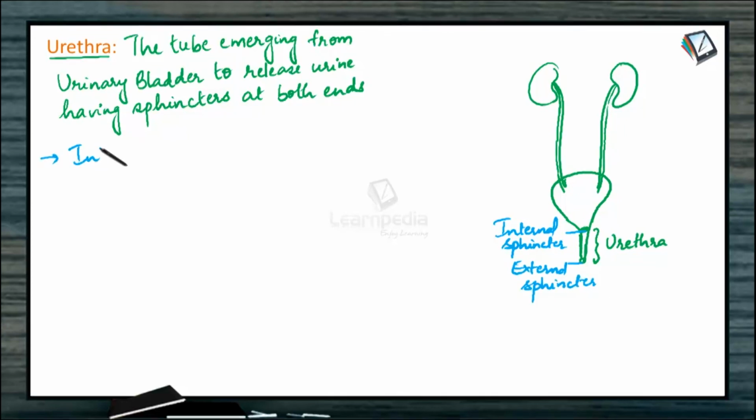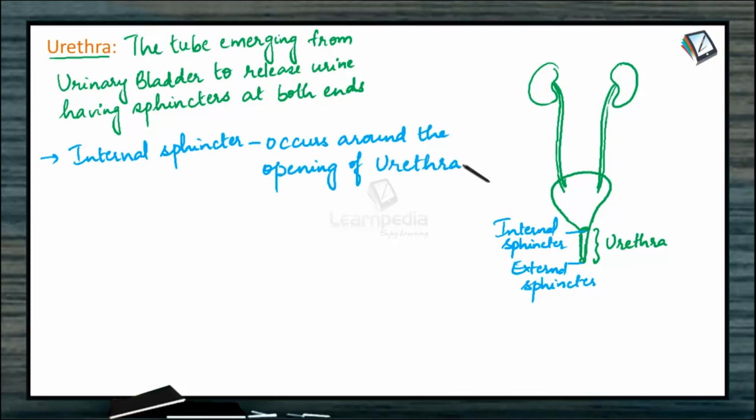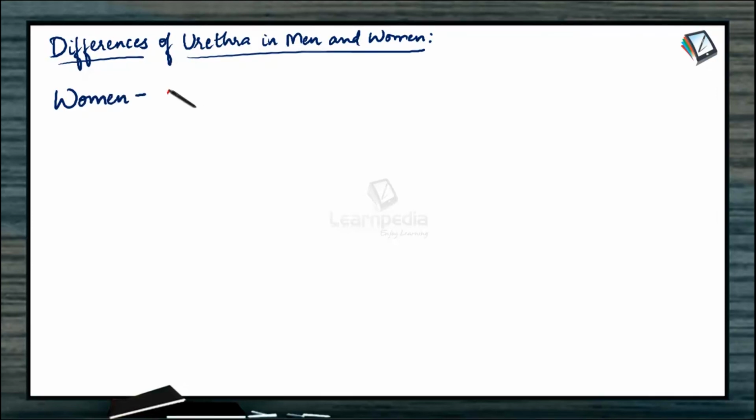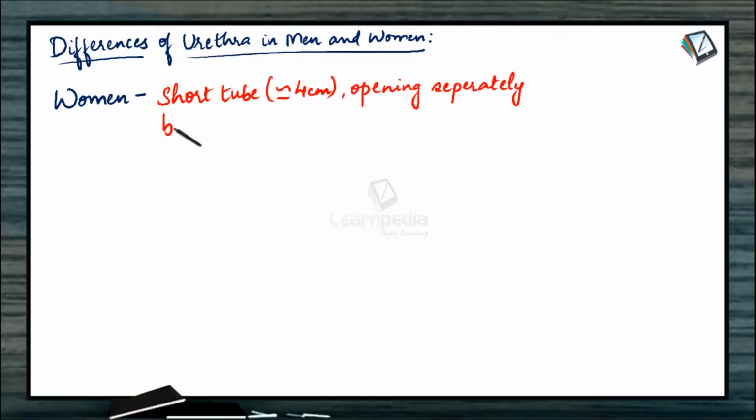Internal sphincter occurs around the opening of urethra, whereas external sphincter is inferior to the internal sphincter. It is composed of skeletal muscle. Differences of urethra in men and women. In women, the urethra is a short tube of nearly 4 centimeters in length, opening separately below the clitoris in